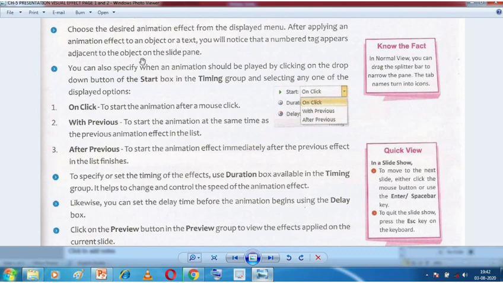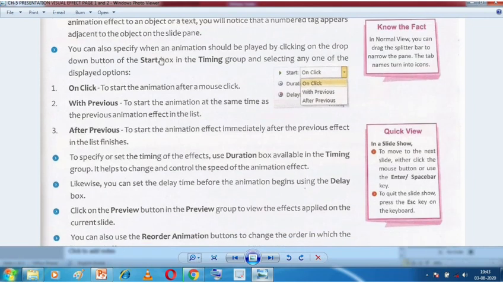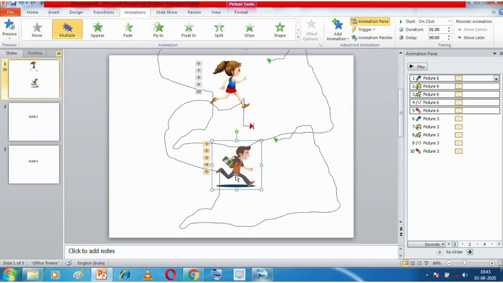Now you can also specify when an animation should be played by clicking on the drop down of the start box in the timing group and selecting any one of the following 3 options. There are 3 options: on click, with previous, and after previous. So I'll just show you what they are trying to say.